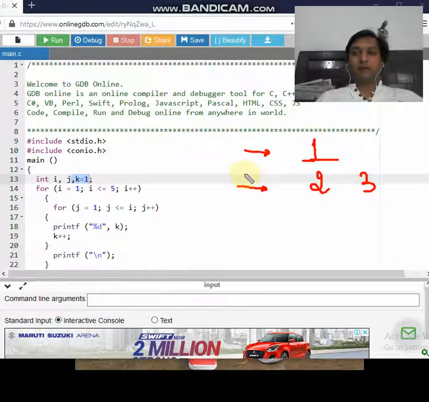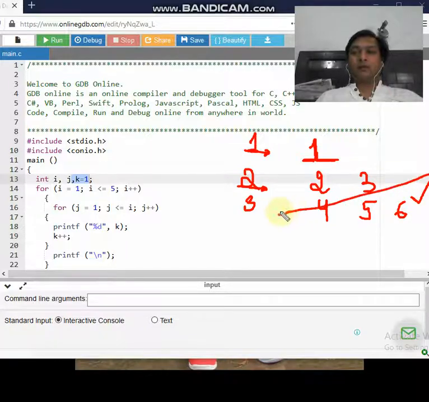Similarly, when the control changes its line to line number 3, the next value after 3 will start printing, that is 4, and goes up to three values, that is 6. Why three values in this line? Because this is line number 3.